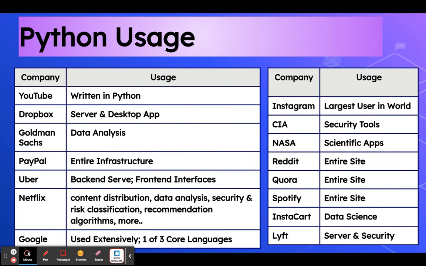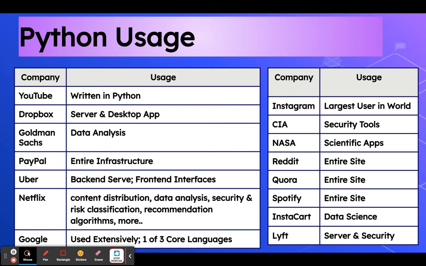Spotify, PayPal, and the entire infrastructure, Instagram, that's the largest user in the world for Python. Then you get into the governments, the CIA for security, NASA for scientific apps. There are other governments that use Python, government agencies.